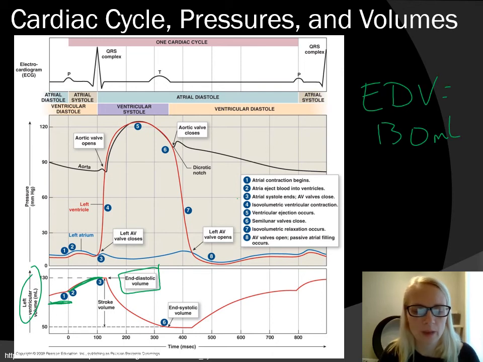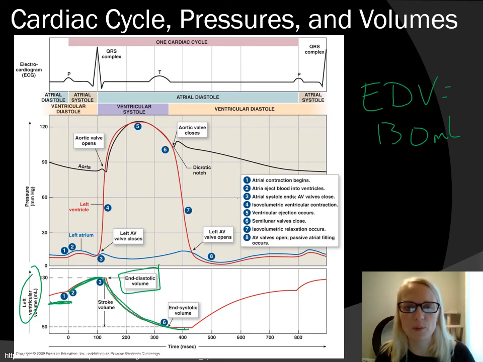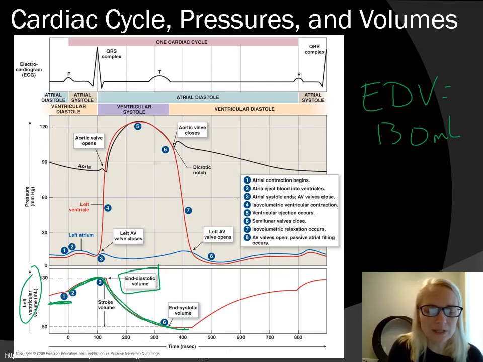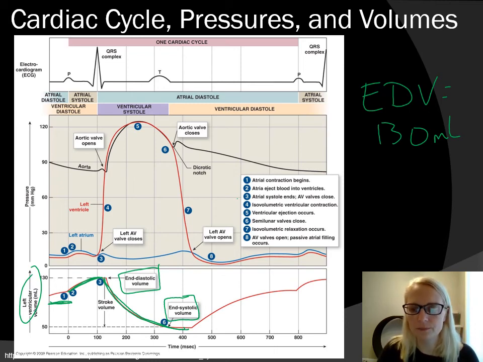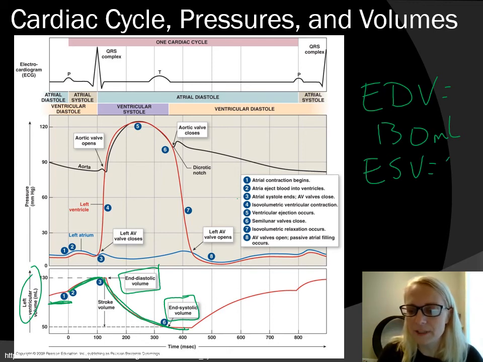All right, now we do the contraction. That's all timed, kind of steps 3 through 6-ish. So now we're pumping all that blood out. You can see this rapid decline in blood volume of the ventricle because we're ejecting it out into the aorta. So what's left is called end systolic volume, ESV, and in this case it's about 50